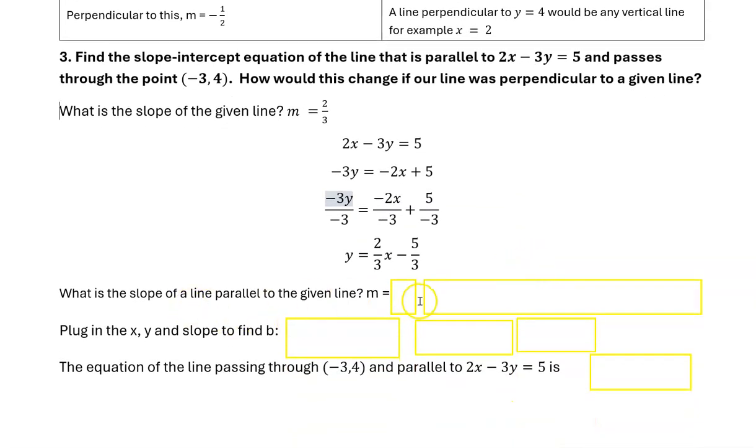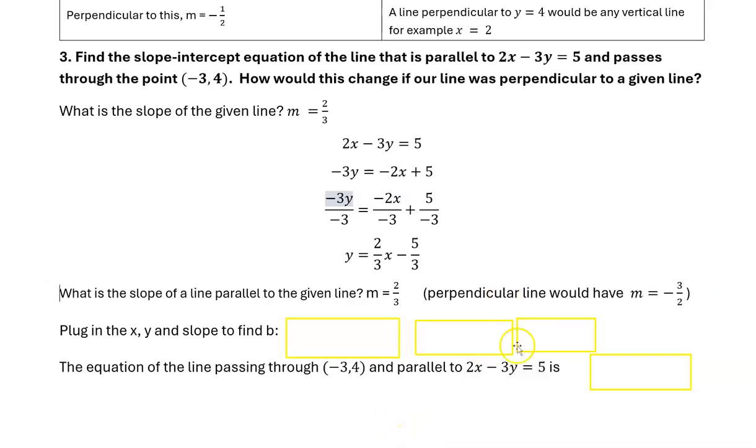What's the slope of a line parallel to that? Well, parallel lines have the same slope, so it would also be 2/3. If it was perpendicular, which is this thing they ask up here, then instead of having a slope of 2/3, I would have a slope of negative 3 over 2, because I would flip it upside down and make it negative. To find the equation of this line, I'm going to plug in the x, the y, and the slope